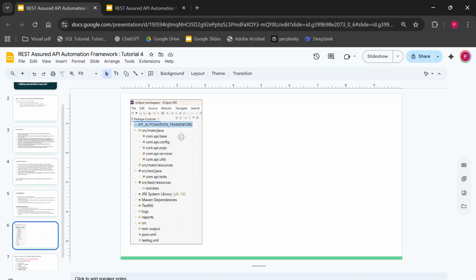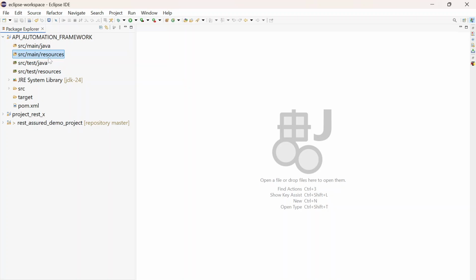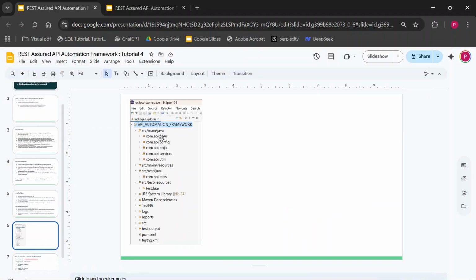So in main Java, we will create packages. These are basically packages. So one by one we will create packages now. So let's go to Eclipse. Let's create one more package inside the main Java folder. What are the packages we are going to create? First one is com.api.base,